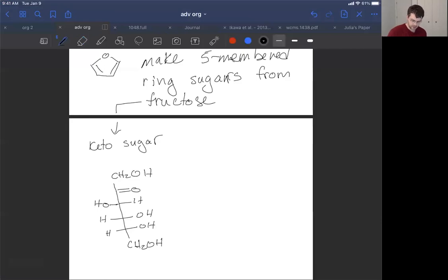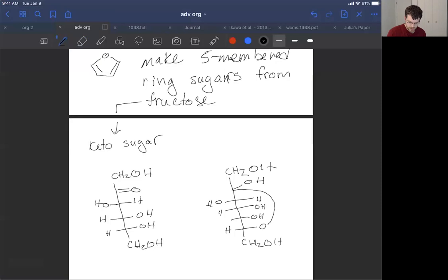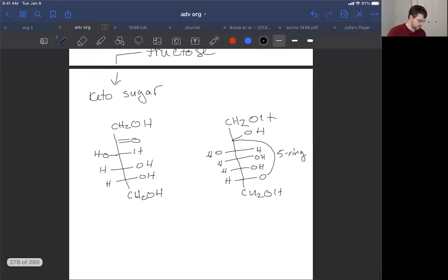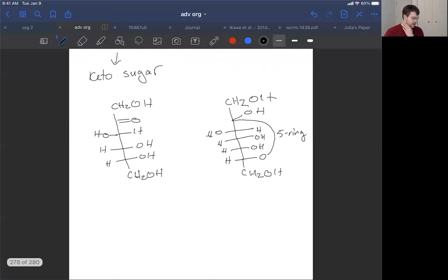Now, in that case, we're going to allow one of the OHs, the OH second from the bottom, to wrap around and add to the ketone and transfer its hydrogen here. And that's going to make a five-membered ring. So we have OH, OH, H, OH, H, H. Okay, so that's going to be a five-membered ring. Now that's an atrocious drawing. And so what we have to do is